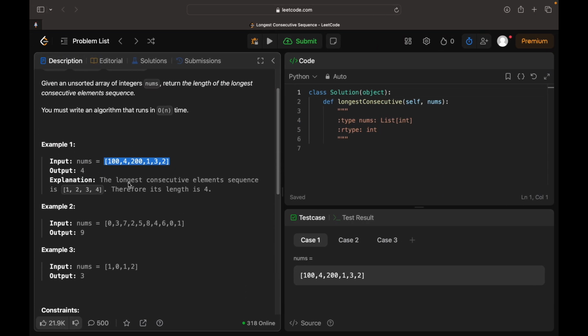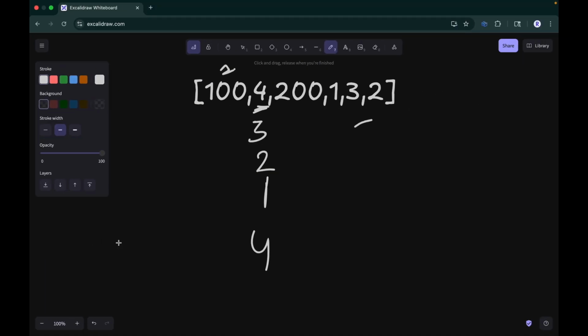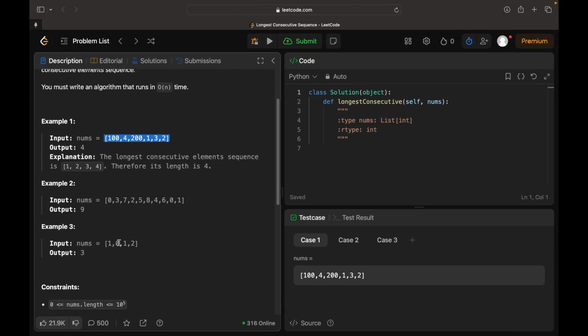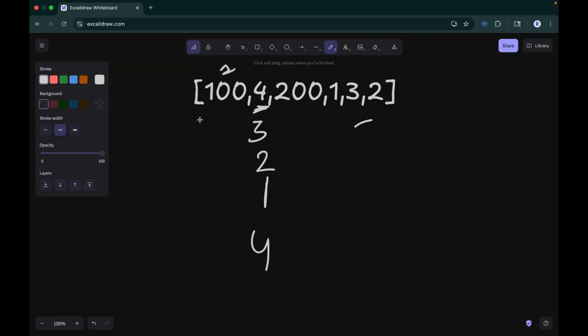Here we have an edge case, or actually we don't have the edge case, but let's say there is only one, there is no consecutive sequence with us. In that case, the answer would either be 0 or 1. I think the answer would be 1 because we just return 100. 100 is the only consecutive sequence. But either way,